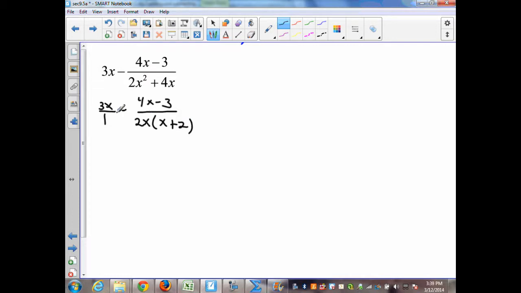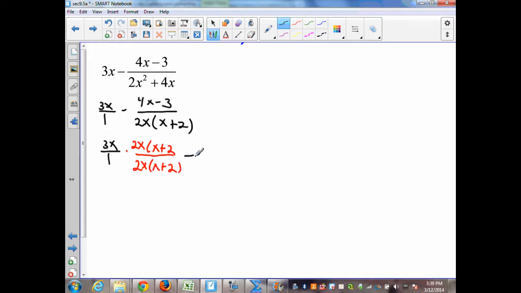I already have that in this fraction, so I need to multiply this fraction by that quantity. So that will give me 3x over 1 times (2x)(x plus 2) over (2x)(x plus 2)